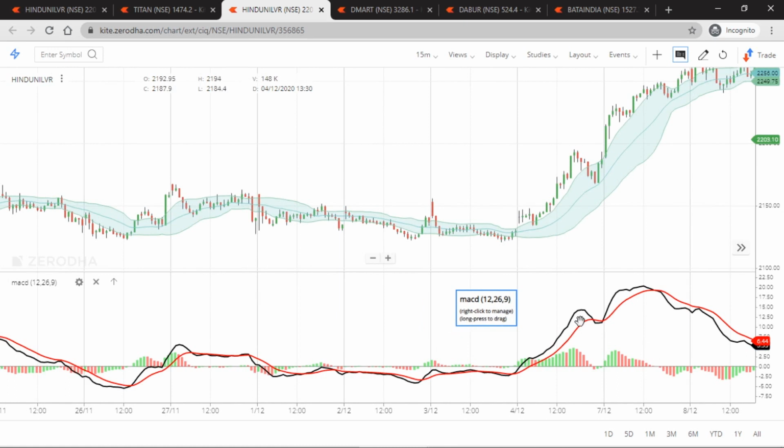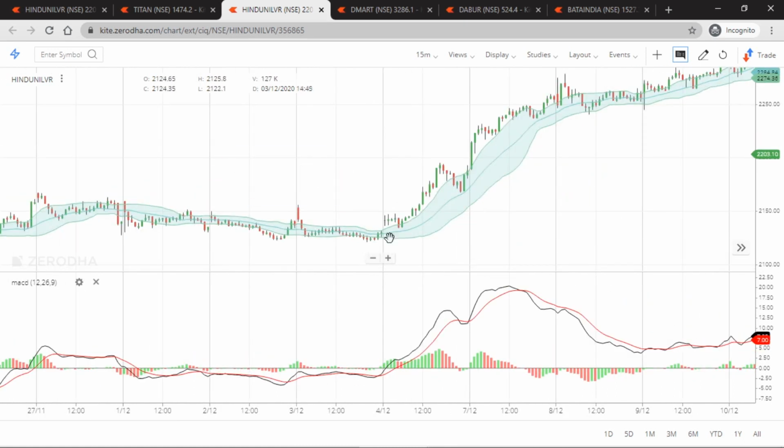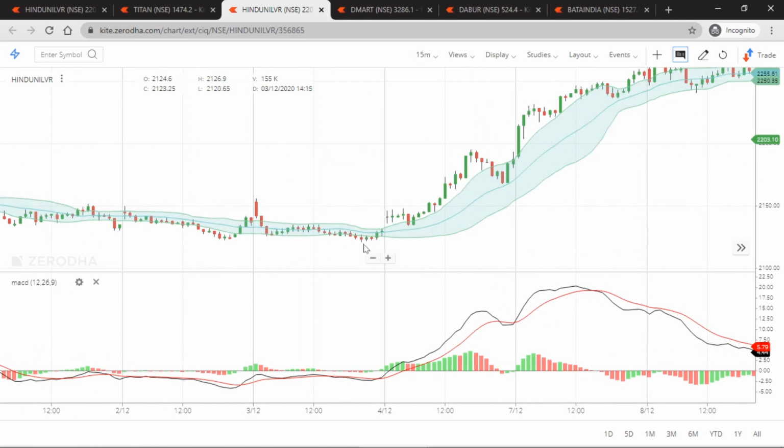And when the MACD starts giving a clear uptrend, you can cross-check your signal from here. You can match your signal from here and here. So here it closed below the band. This is a squeeze-like condition, and here it broke out above the upper standard deviation, and the bands started expanding now, and here the MACD is also giving a bullish crossover. So both the technical indicators are giving the same uptrend direction. So you can have your trade from here.